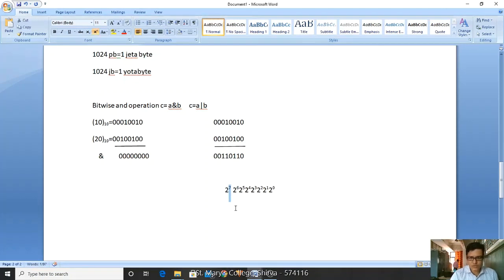That's finished, right? 2 power 0, 2 power 1, 2 power 2, 2 power 3, 2 power 4, 2 power 5, 2 power 6, 2 power 7. Got it? Now if I do this, I'm getting the new value. What is the 2 power 0 value? What is the 2 power 1 value?